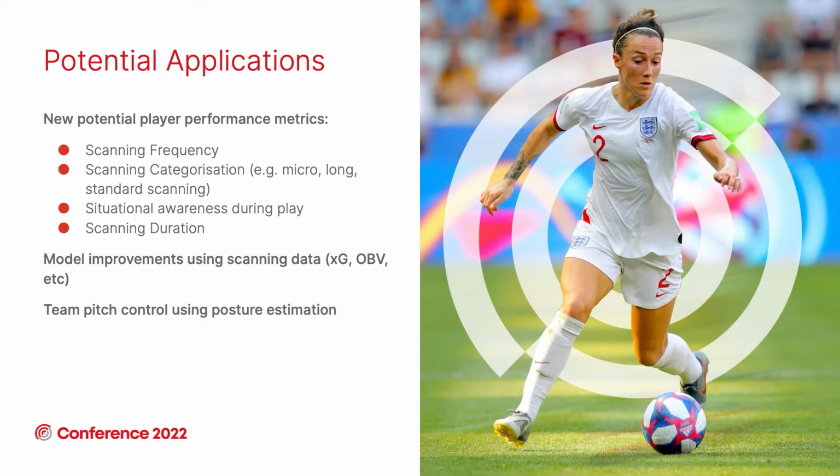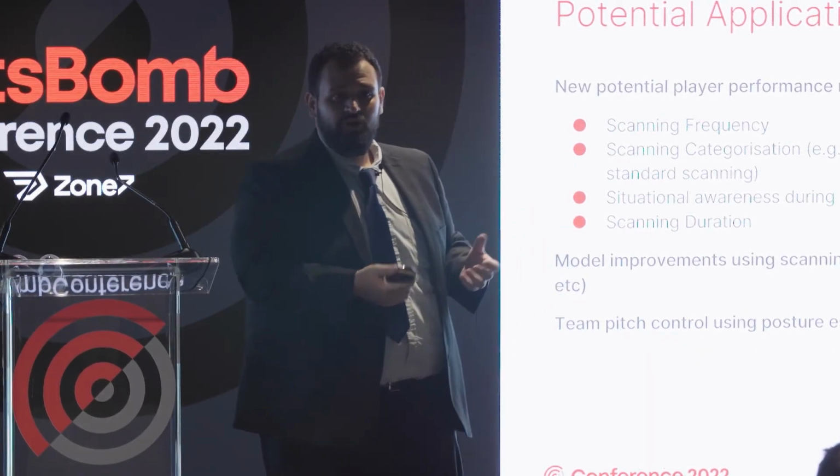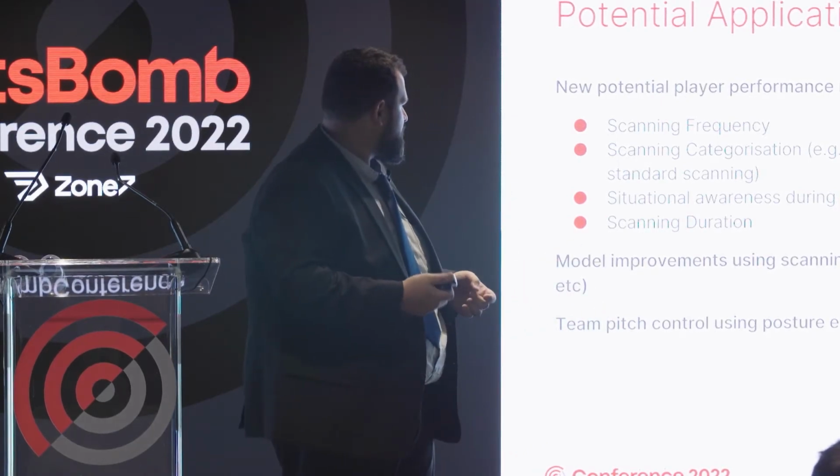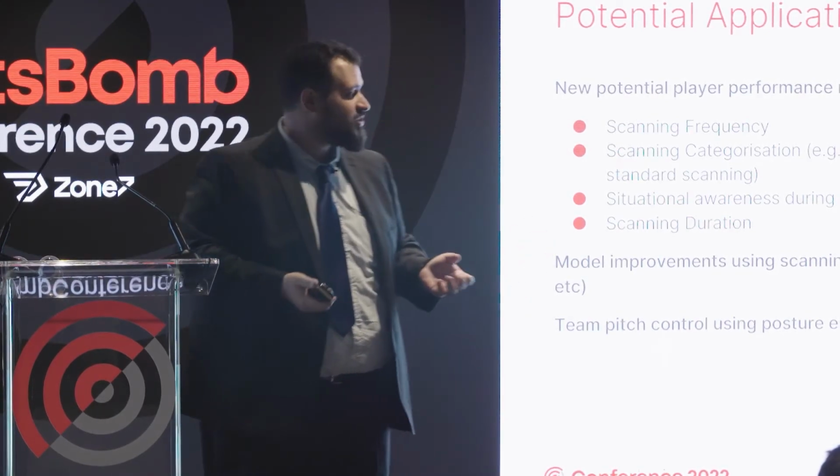And as you can imagine, that could be quite applicable in all sorts of different things. This is just listing some random ideas of how this could potentially be used. You could, for example, quantify all the players in the team or where they're looking and map this to the pitch, so you would see which part of the pitch is being covered in terms of gaze of all the players, and almost have like a heat map of blind spots in the entire pitch as well. There's a lot of stuff you can do. You can add, for example, to the OBV model or the xG model. You can have it as a separate metric that potentially can help you for scouting. All sorts of different applications could potentially be useful for that.